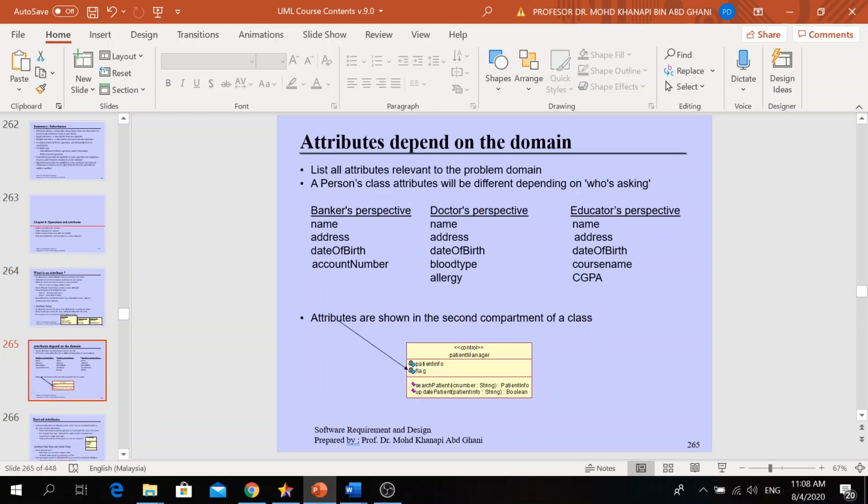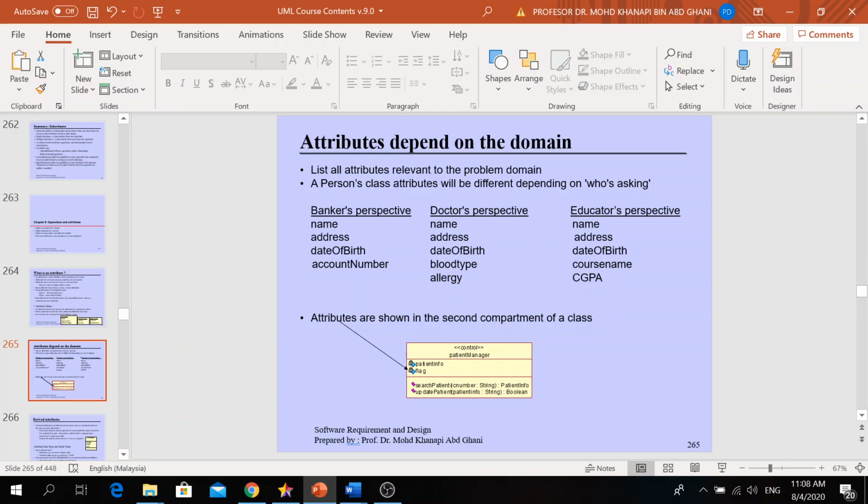So the attribute depends on the domain. Normally, when you want to discover the attributes, you need to understand the system. That's why we start the SDLC with the user requirement.